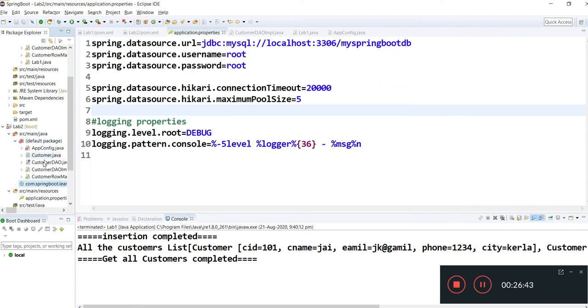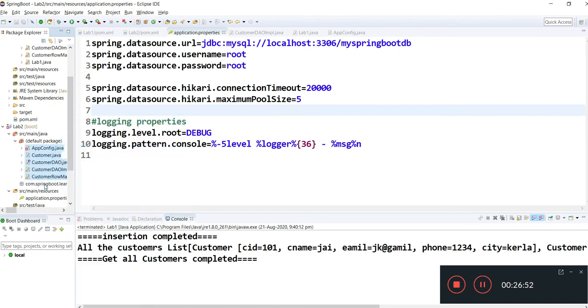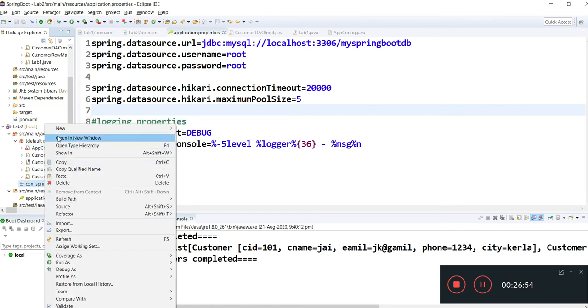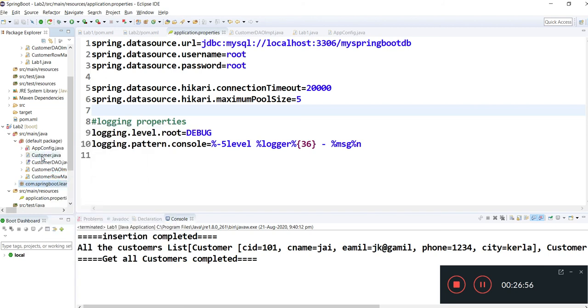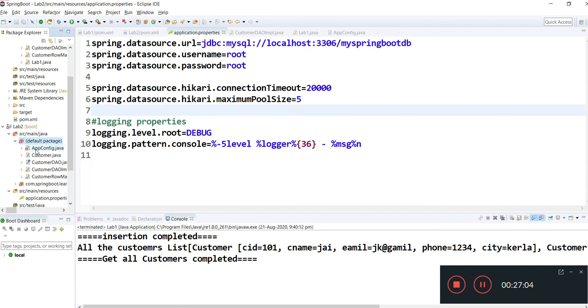Once the package is mentioned, you need to copy all those files from your default package to the package you have created and delete this. You can delete these files.